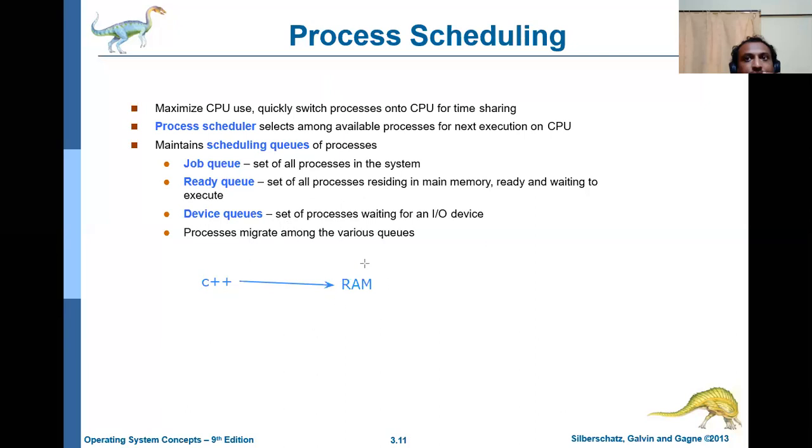From there it is getting executed, that is, from RAM it has to go to CPU, the processor. The CPU will execute the program. Once it has executed, it will give the output.